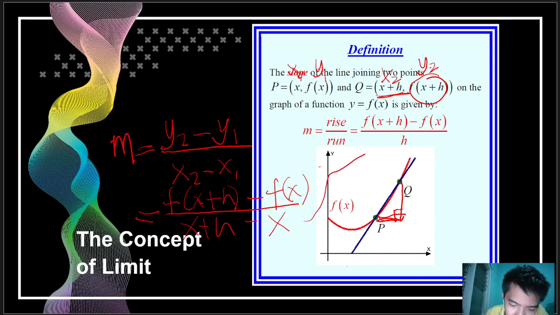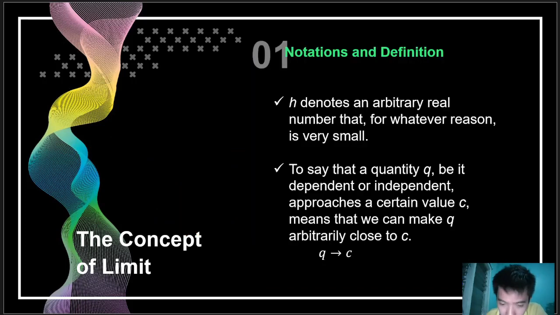So this will yield to this equation. So your slope now is equal to f of x plus h minus f of x all over h. And take note, this is based on the assumption that your h is a very, very small value. So we denote that h is an arbitrary real number that, for whatever reason it is, is a very